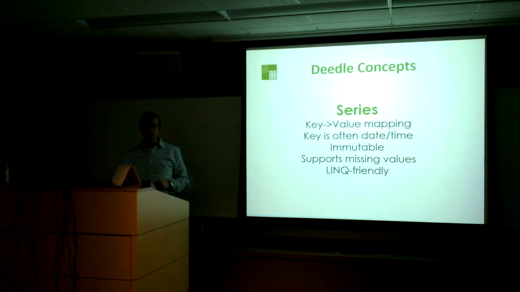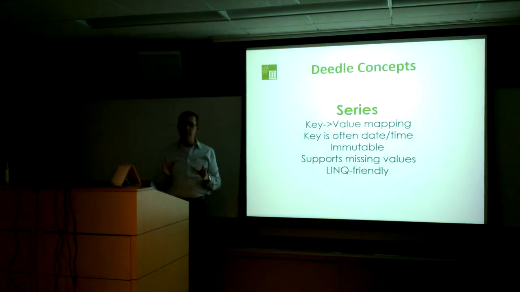So a couple of things on the concepts, and then Tomas can do some demos. We've got two main concepts. One is a series, not necessarily a time series, but it often is. This is basically a mapping from keys to values. Series are immutable, and the key is often a date or a time, but it can be anything you like. It can be an object, or any kind of F# data type. It also has, importantly, rich support for missing values, which in real world data